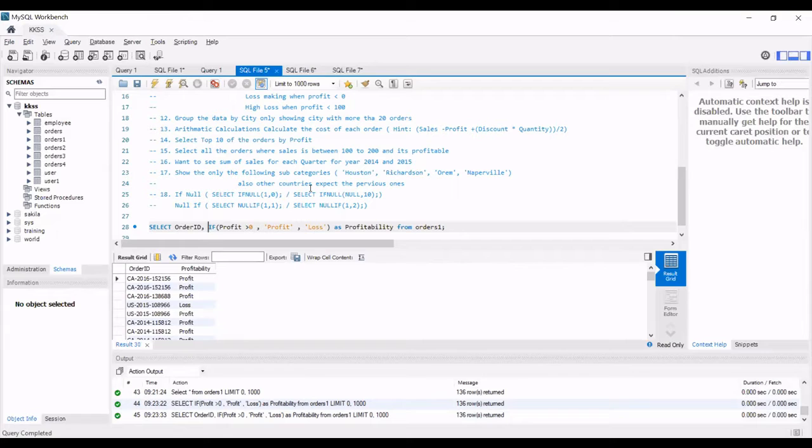Is there any way we can show profits only on top and losses at the bottom rather than mixed?